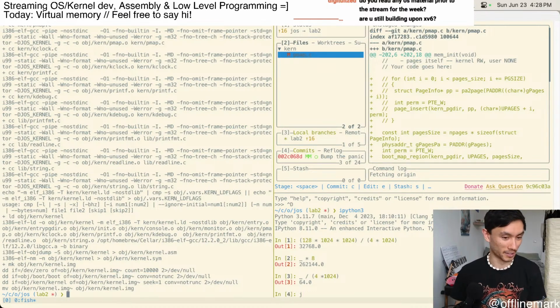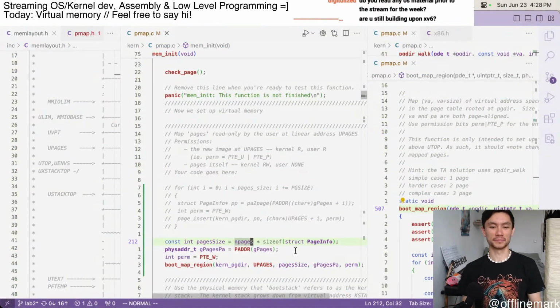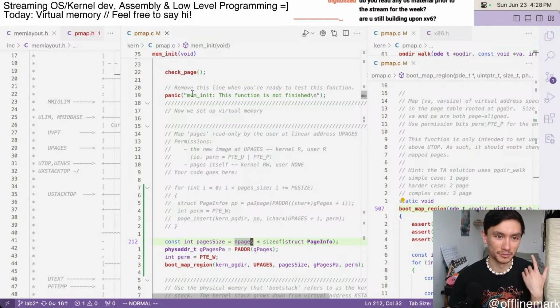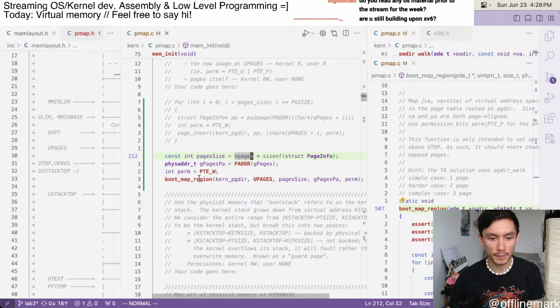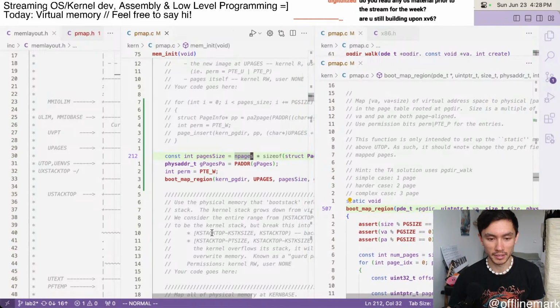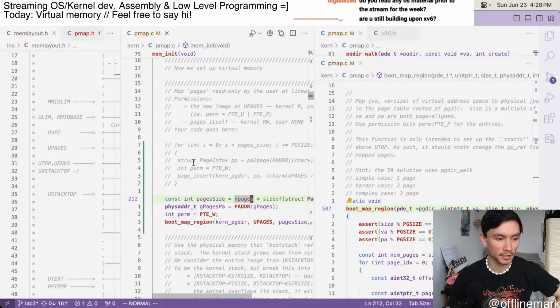I don't know what I'm expecting to happen if I run it. Well, actually I do. It's just going to hit the panic. But I just want to quickly double check that this is correct though, because in my earlier draft,